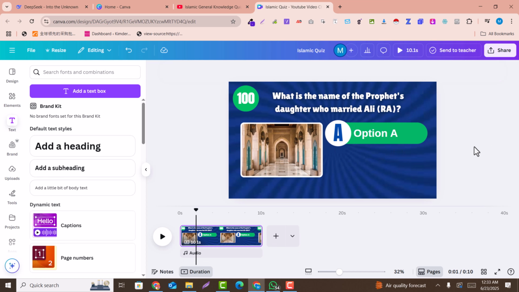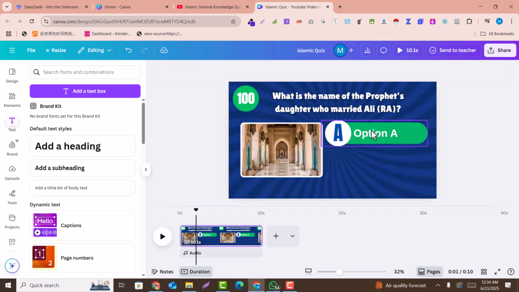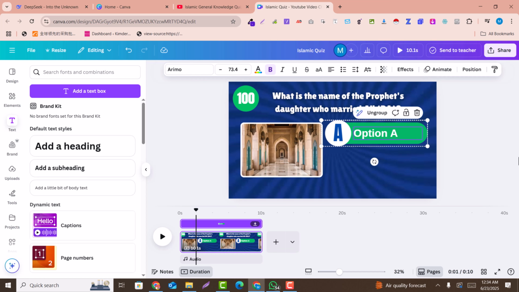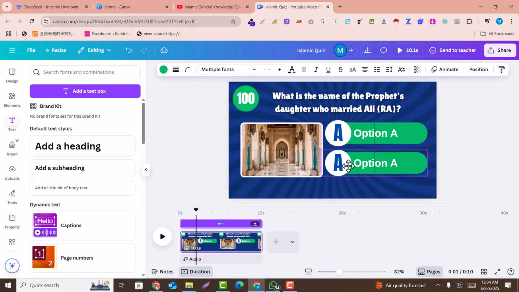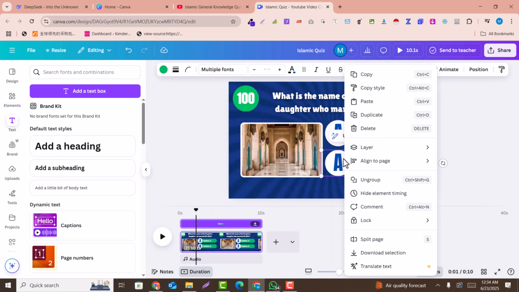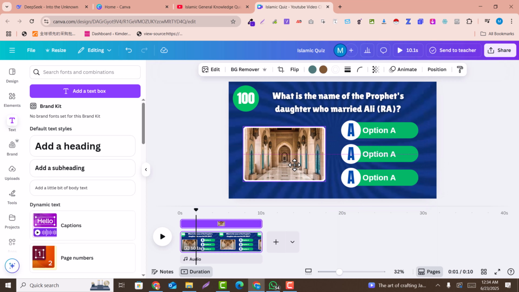Now you understand option A is ready. So I will just select that and make this group. Now this is a group, and I just duplicate that. This is option B, and if you click here and duplicate that, this is option C. And now we need to have a timer bar here that allows you to create